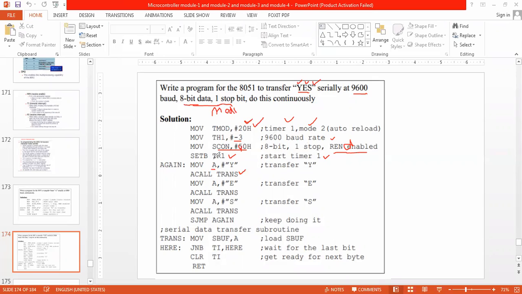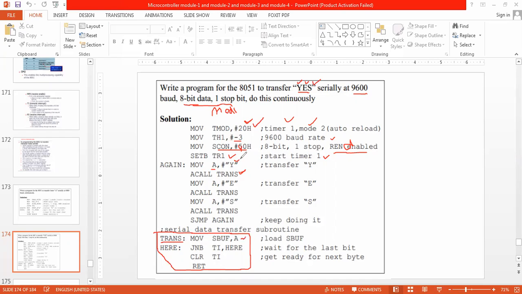However, you can modify any of the programs, but this is by using a separate transmission program. So I will go to trans. Where is trans? Trans is here: MOV SBUF, A. What is A having?